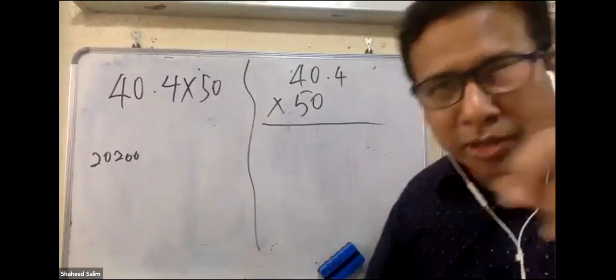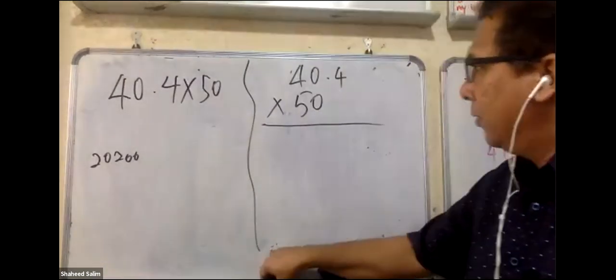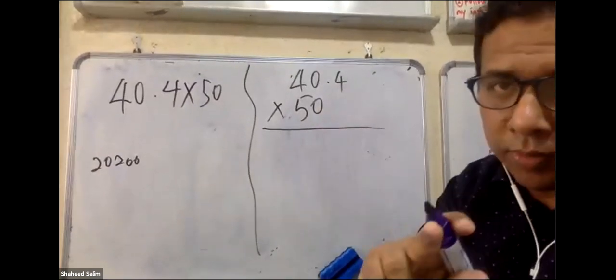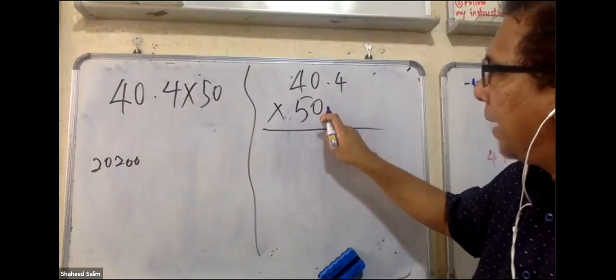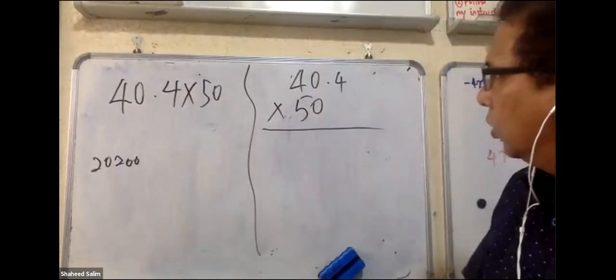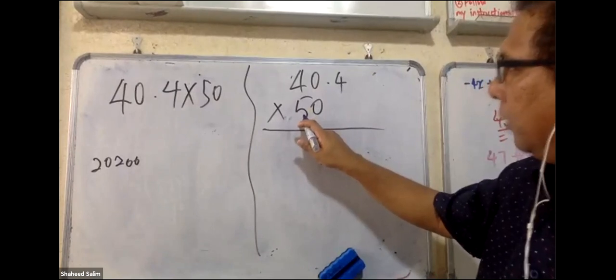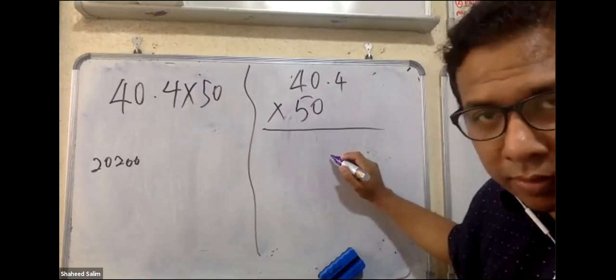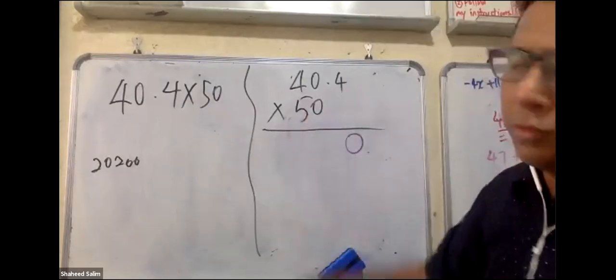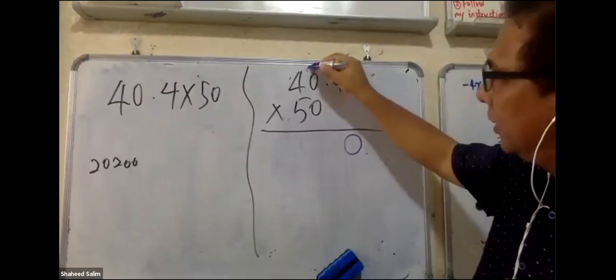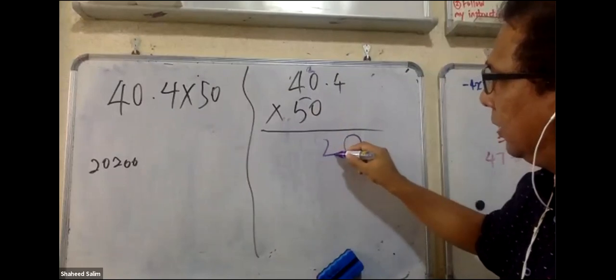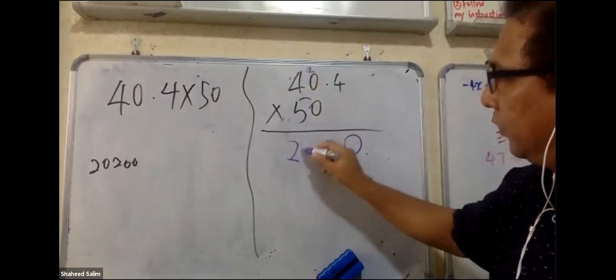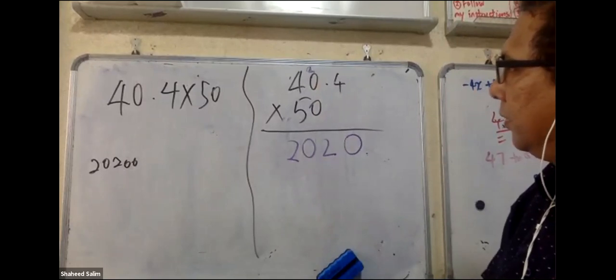Now, first of all, that means you are not sure how to multiply this one. Look. Imagine there's no dot. We are not going to multiply the 0, because it's going to be 0. So we multiply the 5 down here. Shafika, 4 times 5? Not 25. 20. Then bring the 2 up. Then 0 times 5, 0 plus 2, 20. Then 4 times 5, 20 again. Is it correct?